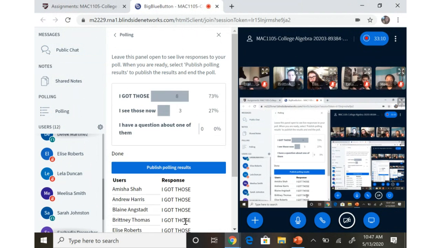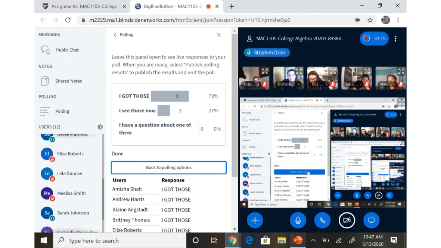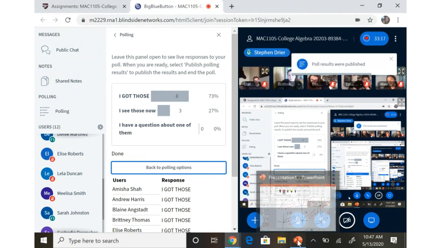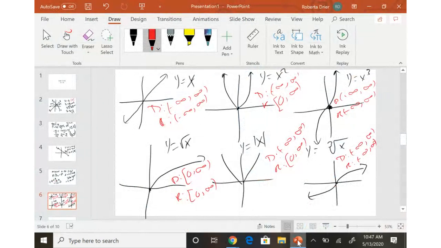All right. So pretty much everybody has either got those or you see how we got that. Now, critically important, your knowledge of these graphs becomes critical to your success moving forward. We're going to go over these graphs in great detail throughout the course. And so I need you to know what these graphs look like and, when you see them, recognize them.